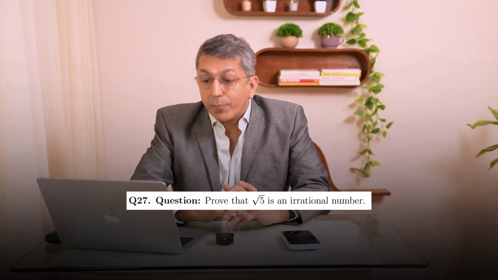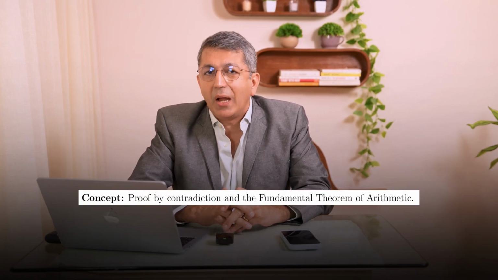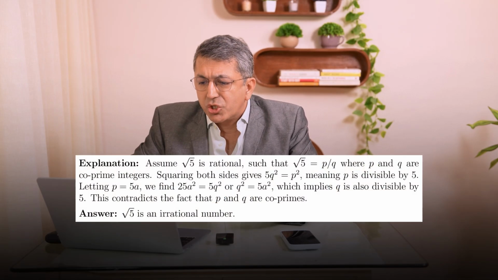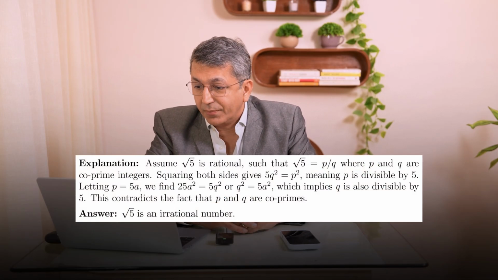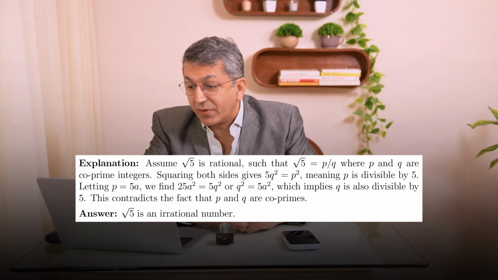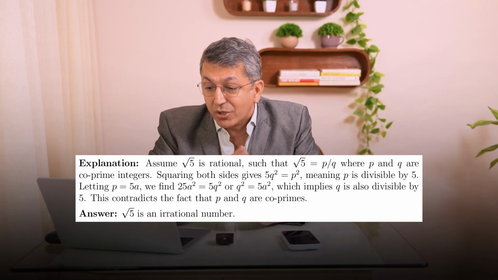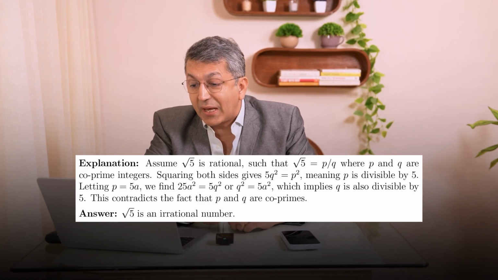Question 27. Prove that the square root of 5 is an irrational number. Concept: proof by contradiction and the fundamental theorem of arithmetic. Explanation: assume square root of 5 is rational, such that square root of 5 is equal to p divided by q, where p and q are co-prime integers. Squaring both sides gives